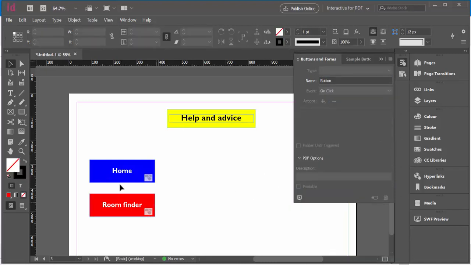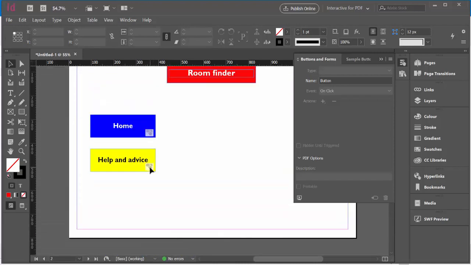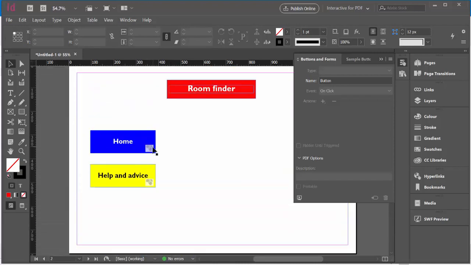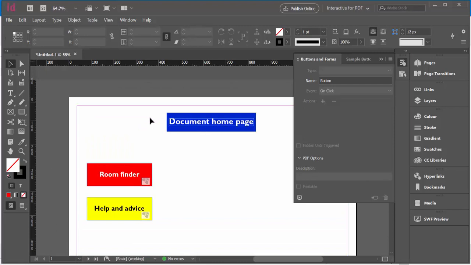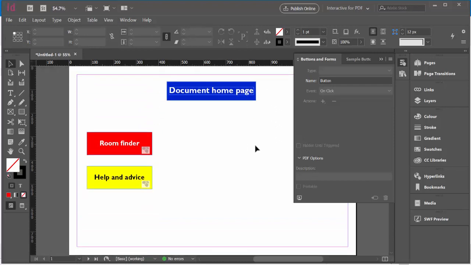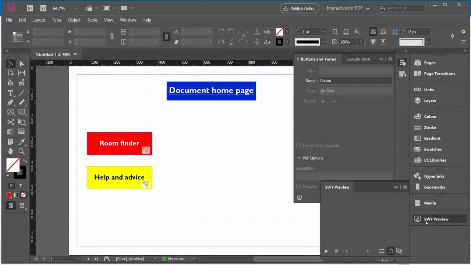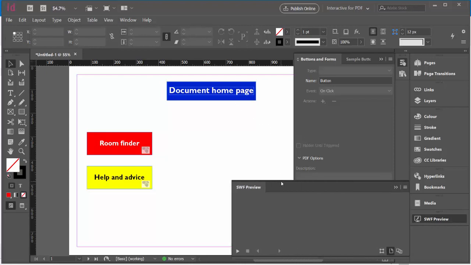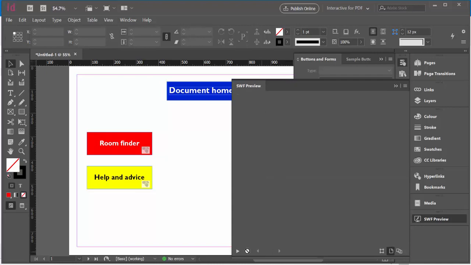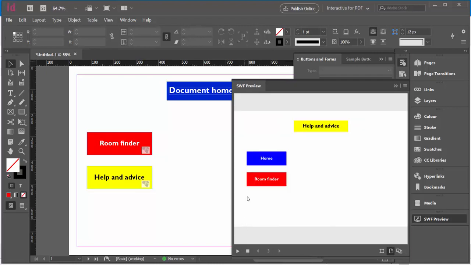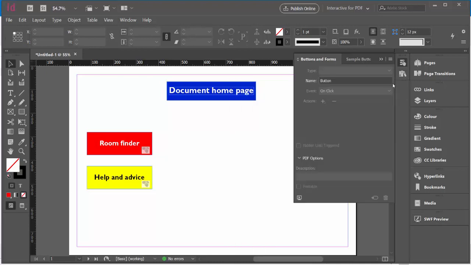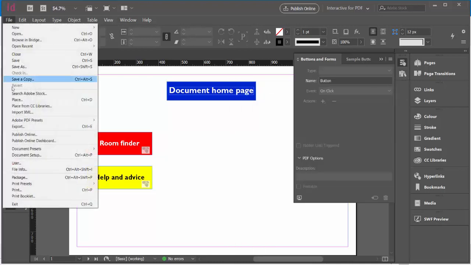So I've got all of my buttons are interactive, and you can see it's got that little symbol here. And then I've got all my bookmarks. So when I try and preview this with the SWF previewer, it didn't work. I just couldn't make it work. I tried several times. So here it is here, and nothing's happening. However, if I go to File, Export,